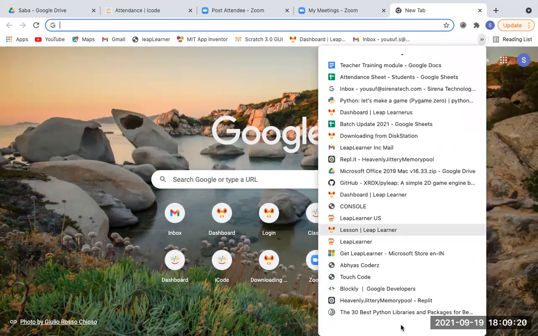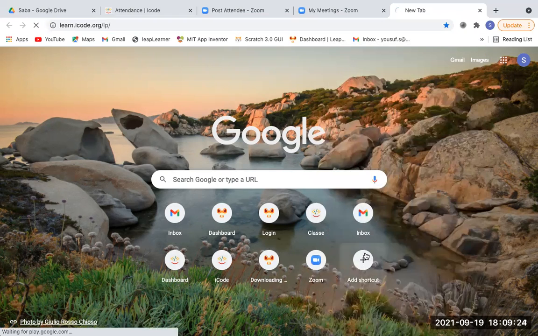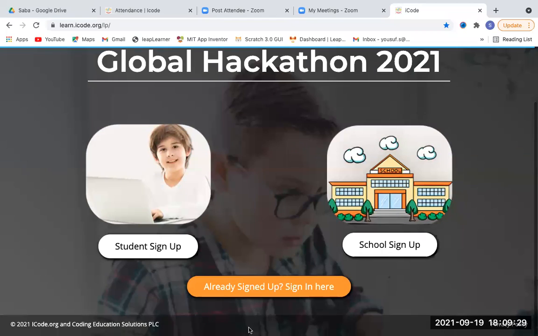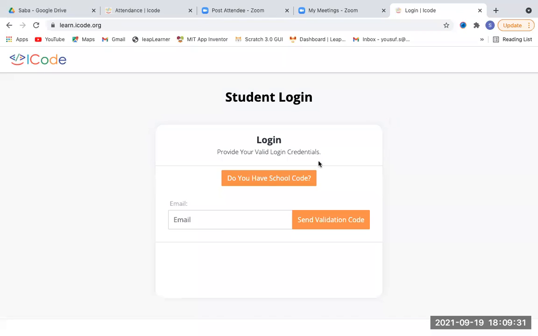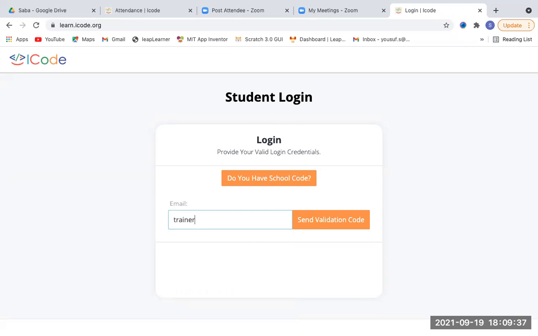So I'll just open sign up. Sign up over here. Look, guys, it's the same process. You need to put your email ID.